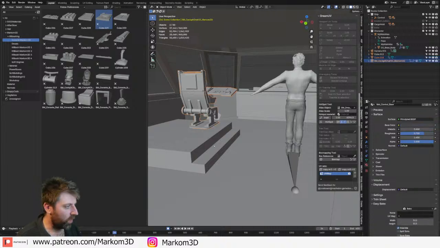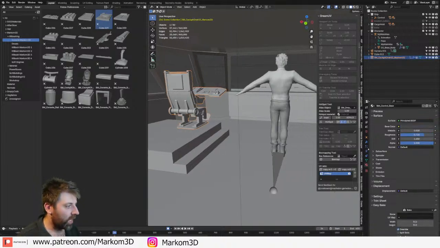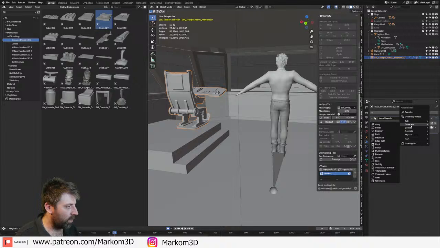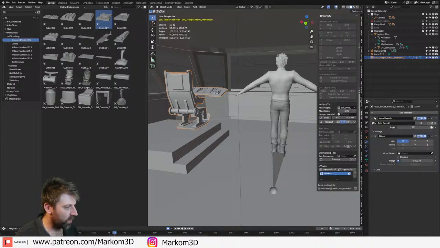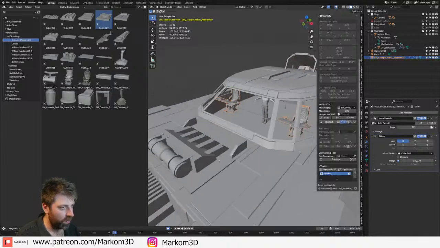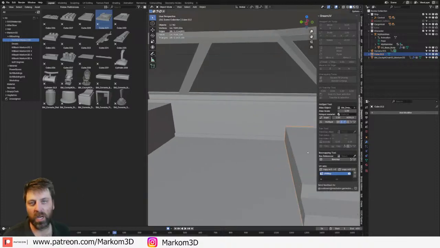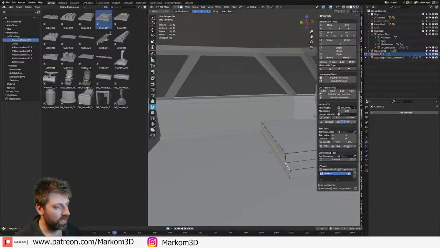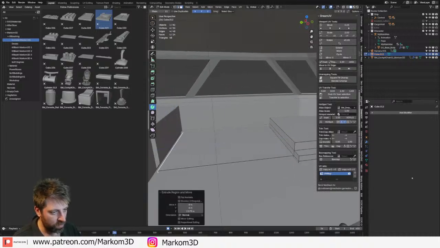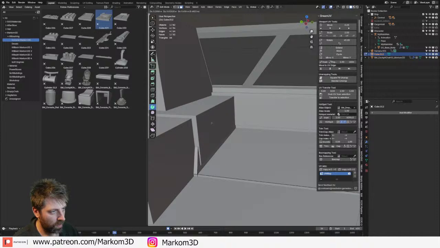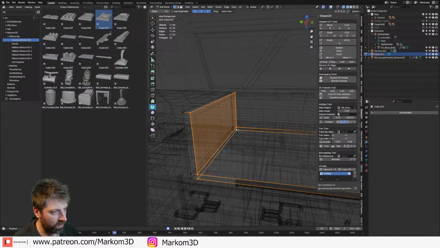From here, let's just start joining stuff. And that's so we can start applying a mirror modifier, start building out the scene a little bit better. Get rid of that armature, please. Add modifier, generate mirror. Bam. Plug that puppy in. There we go. I'm not going to touch the base just yet because the base will build everything off. So let's work just on this section. I'm going to bring down to here. Let's go E to extrude. And then we're going to try and fill up the space. Something like so. We'll grab all this.